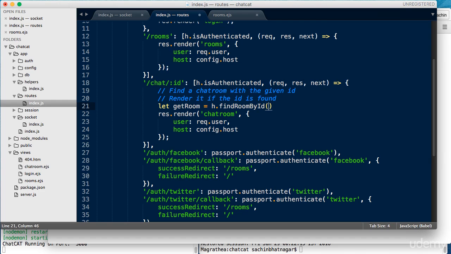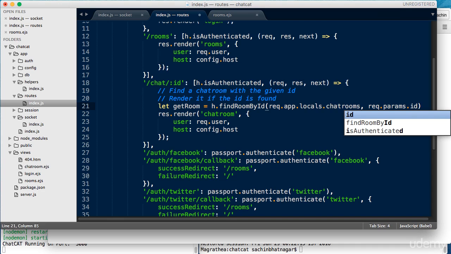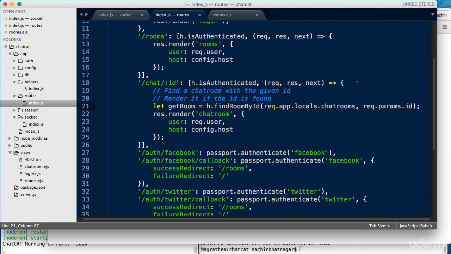Where we'll first pass in the reference to the app.locals.chatrooms array. Now I am in the route module and I don't have access to the app keyword. However, we can still get access to app.locals.chatrooms since it is provided to us in the request stream, to which we have full access. So pass in req.app.locals.chatrooms. We'll also pass in the ID that we've extracted from the URL. This can be done by accessing